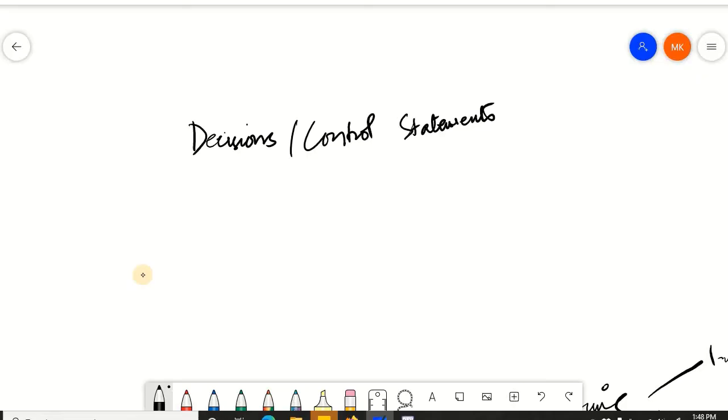Welcome again. Our next topic is decisions or control statements. Decisions or control statements basically help us to decide among different possible paths. If there are multiple sets of instructions and they all need to be executed under different conditions, we can make use of that condition in the decision making and then execute the set of instructions that are appropriate